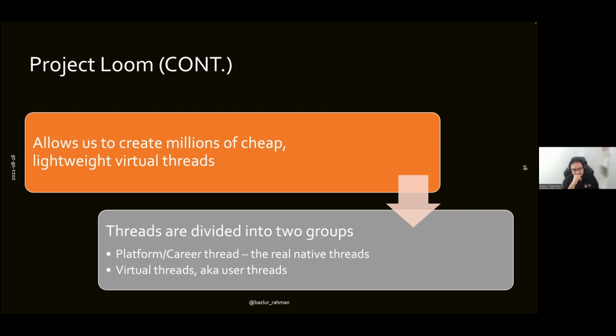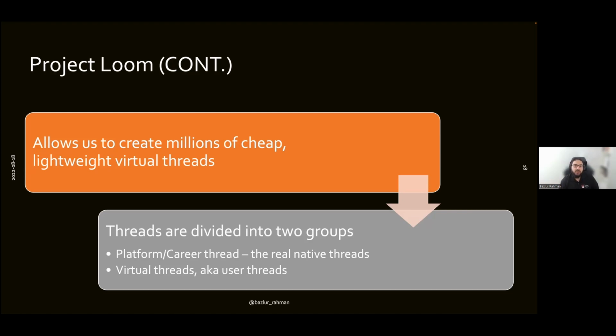And that means the throughput problem that we were discussing earlier no longer exists with this new piece of technology, right? There are other benefits which I'm going to discuss now, but just keep in mind that Project Loom allows us to create millions of cheap, lightweight virtual threads.